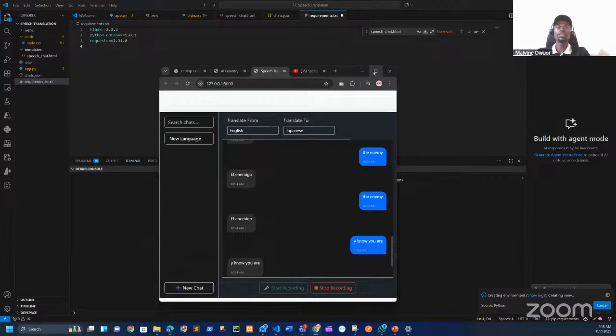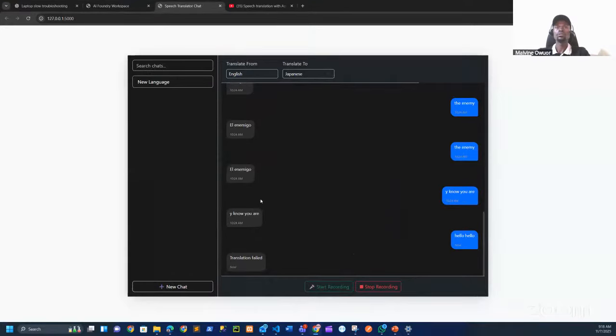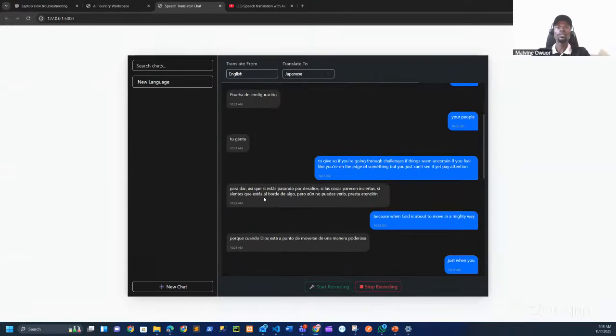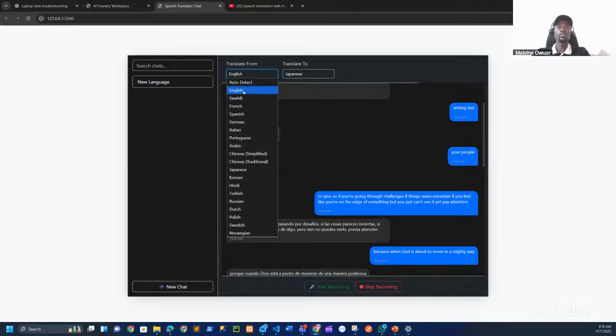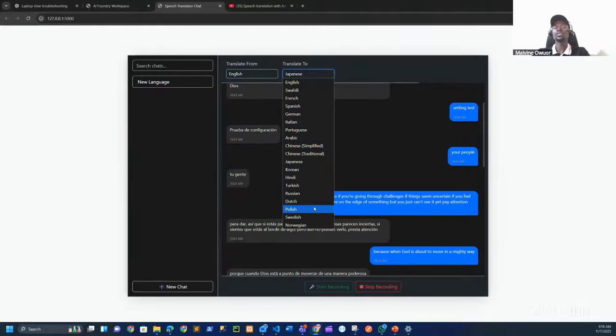We'll be having something like this, and we'll be able to chat, and it will be able to translate to any language that we want. You can choose the language you want to translate from and the language you want to translate to. You can start the recording for a live session. You can also stop. Then you can start a new chat for your translation. So this is what we are planning to achieve